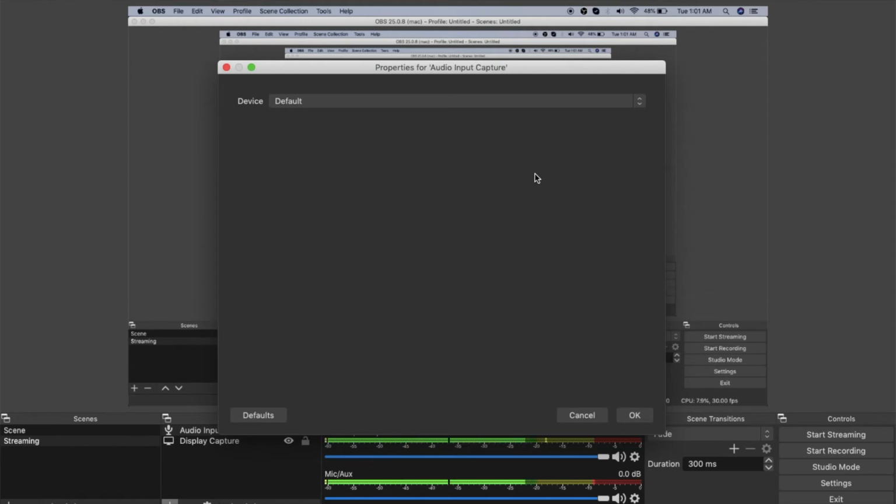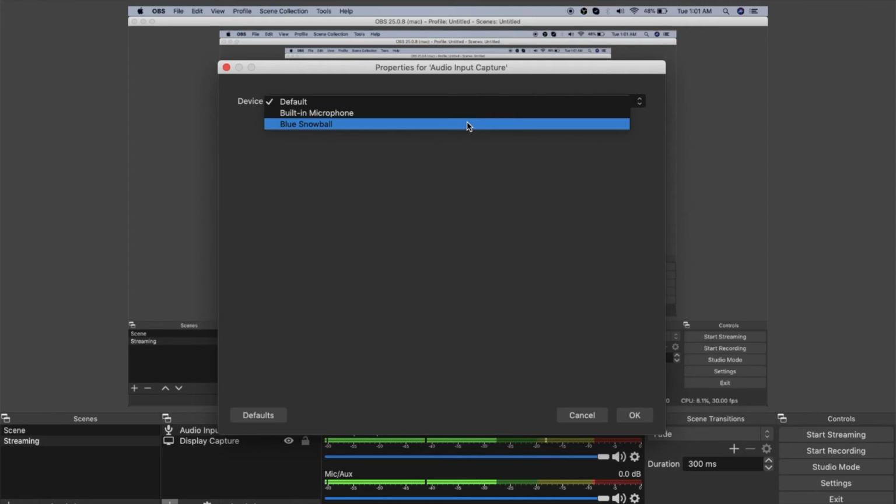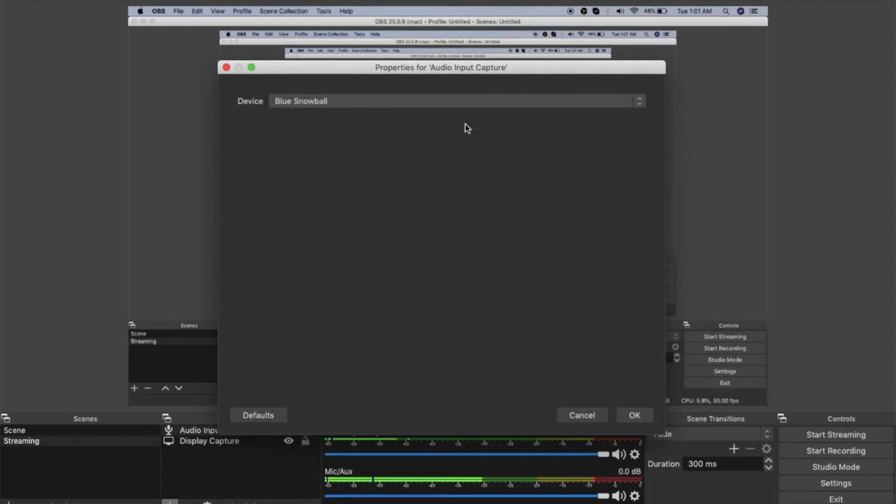Then it will ask for the device, default, but I have a Blue Snowball connected to my laptop, which I use for this YouTubing also. So I will select this, and then I have to click on OK. So it is done. Then after that